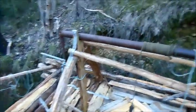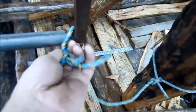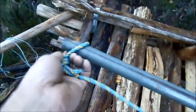Alright, so we're at the mine site. Here's my little guide rail. So there you go, there's the windlass, all done. Now this is your little brake here, a piece of rope tied to your handle, so all you need to do is slip this off here, slip that off,